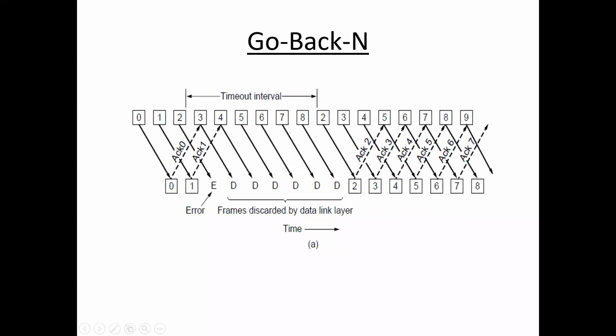That is the go back N protocol using the sliding window method. Say here 0, 0, 1, 1. So 0 is received, so it sends an acknowledgement. Next 1 is received, it sends an acknowledgement. But here frame 2 is in error. So that's why it transfers once again the subsequent frames, that is the next frames after 2. Here 3, 4, 5, 6, 7, 8 are once again transferred to the receiver, since they were discarded by the data link layer. So this is about go back N.